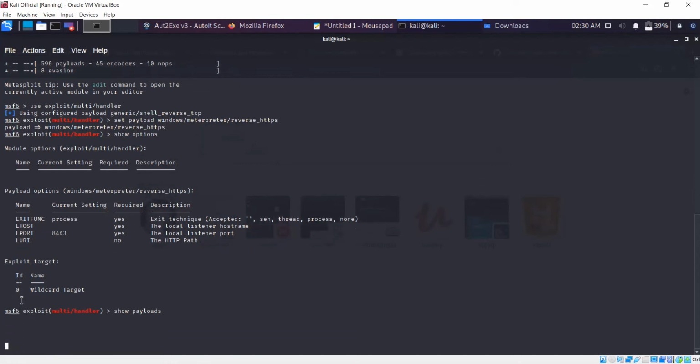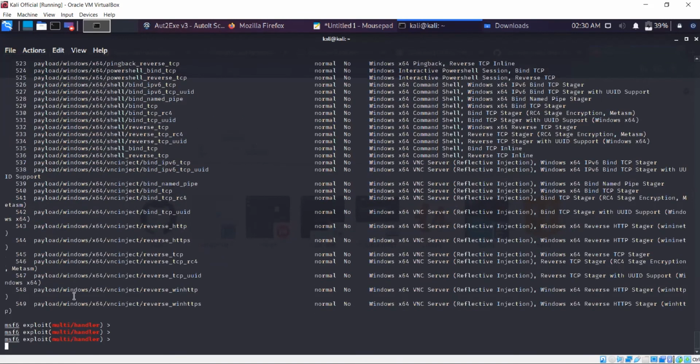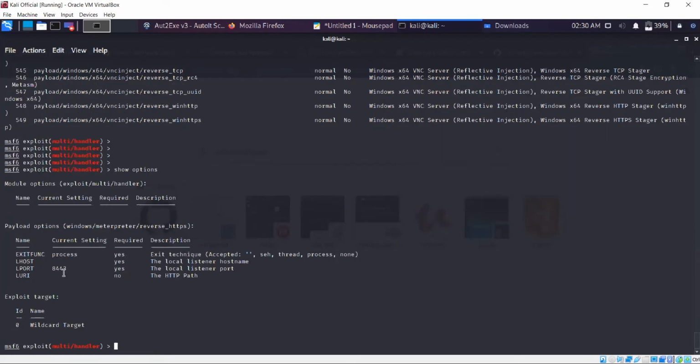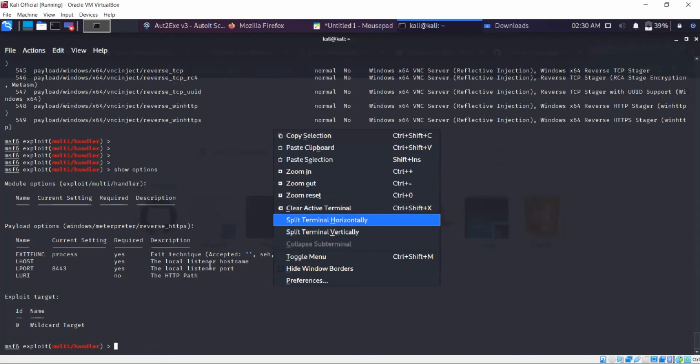Yeah, so there are around 550 payloads that can be used with this particular module. We'll use the one we just used, depending on what you created the first payload based on. If it was a reverse HTTPS, you use reverse HTTPS. If it was a reverse TCP, you use reverse TCP. So coming to show options once again, I need to set the LHOST, which will be my IP address, and get that using ifconfig.